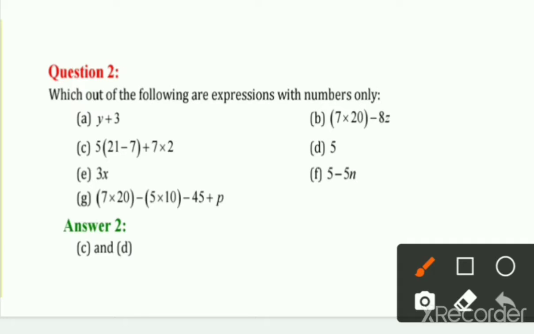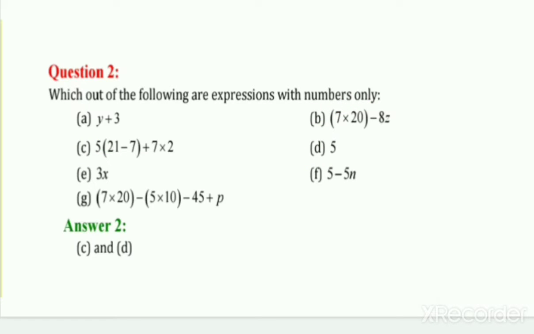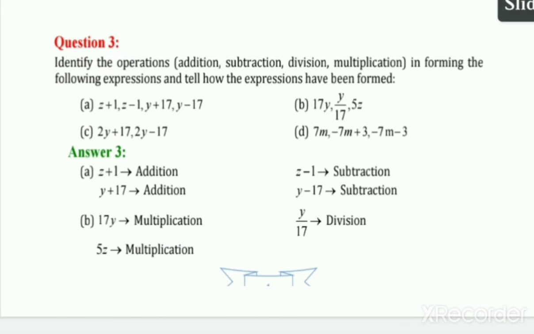Expression means where all the addition, multiplication, bracket, everything is given, right? So we have the number here, C and D. I think D is wrong here, only 5 is given. I think it is C and B. Okay, so you go through it once again. We will discuss it next time also. So expression means where addition sign is also there, multiplication, bracket, everything is contributing.